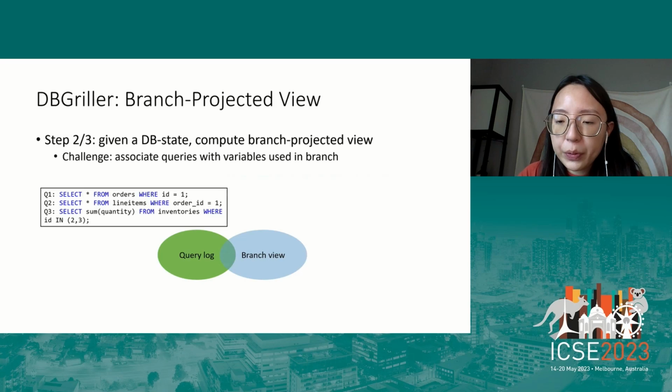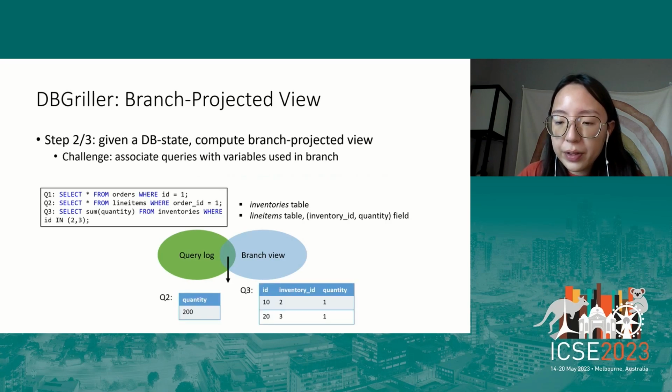So we simply compute a conjunction of the query log and the branch view. The branch view includes which table and which field is used in the branch, as we saw earlier. So here the log has 3 queries, and the branch view includes the inventory table and the 2 fields from the line item table. Taking the conjunction of these tables and fields with the query result, we get this branch projected view, which is a subset of the query result.